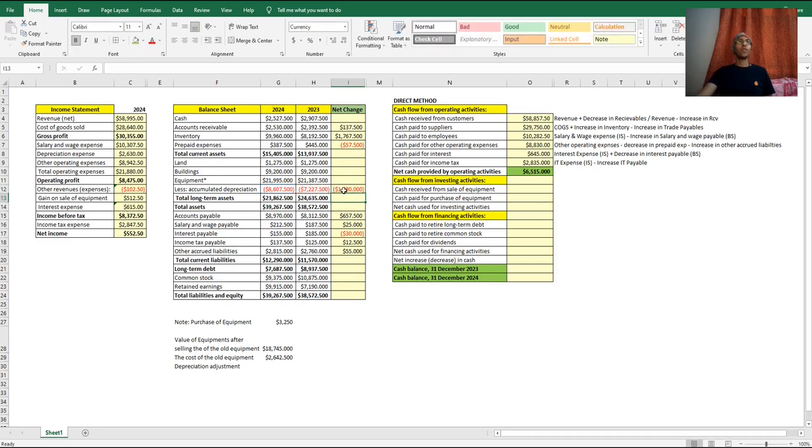So there is an increase of 1380 in depreciation, and in the income statement there is a depreciation expense mentioned, 2630. So the depreciation adjustment will be 2630 plus 1380. So this is basically the depreciation adjustment. This depreciation adjustment is basically on this equipment only. So therefore the net cost of sold equipment, or the old equipment